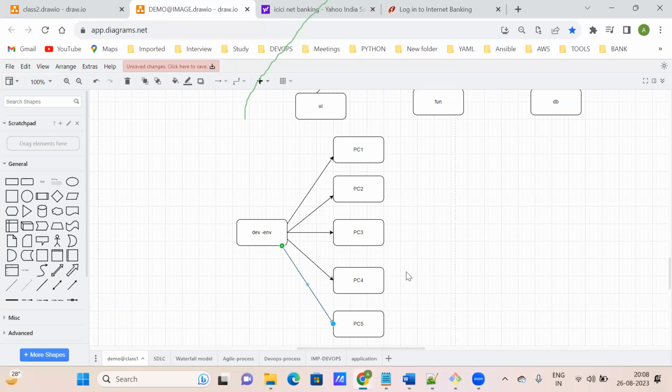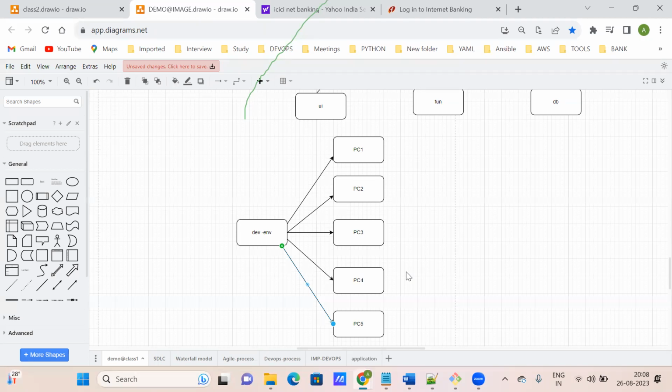Stress means it's a replica of your production, exactly the same. Whatever you are doing in stress, you just copy paste in your production. So these 4 environments we set up as a DevOps engineer. That is called the operation part.